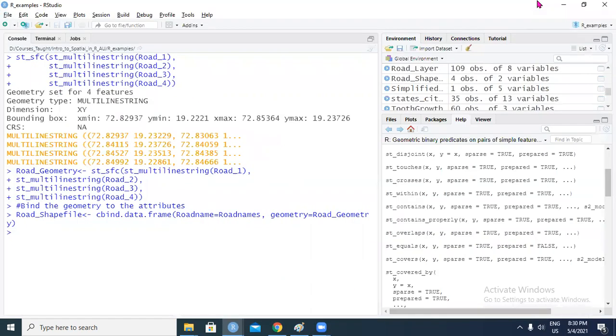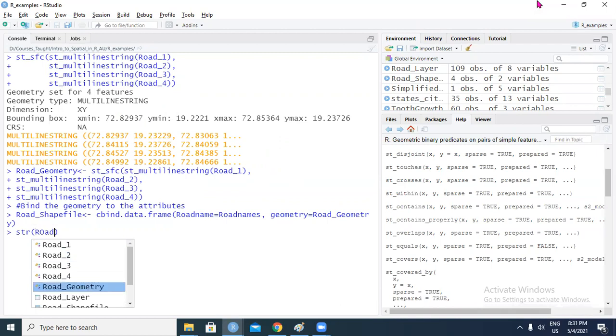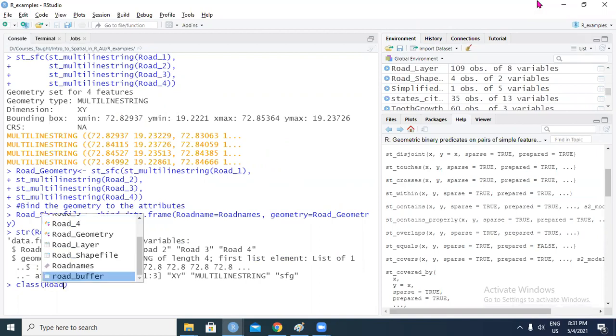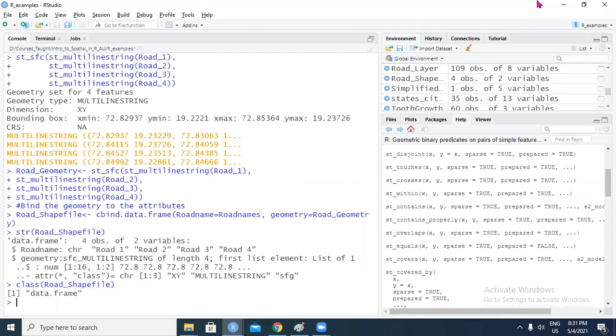So if I look at str of road underscore shape file, it's a data frame, and it's got this attribute class. Even if I use the function class on road underscore shape file, it still shows that it's a data frame.